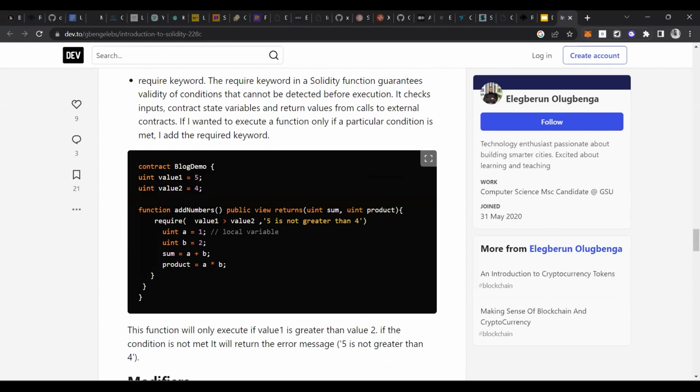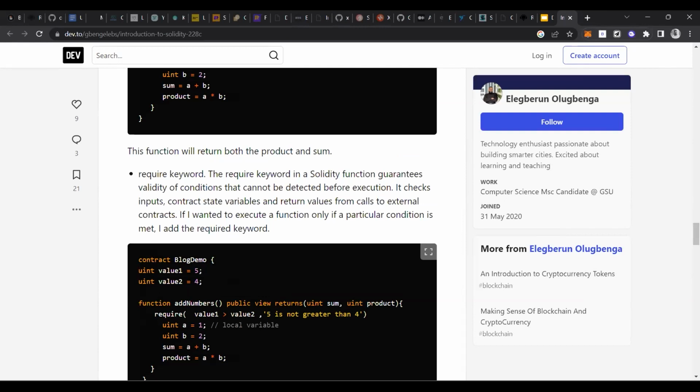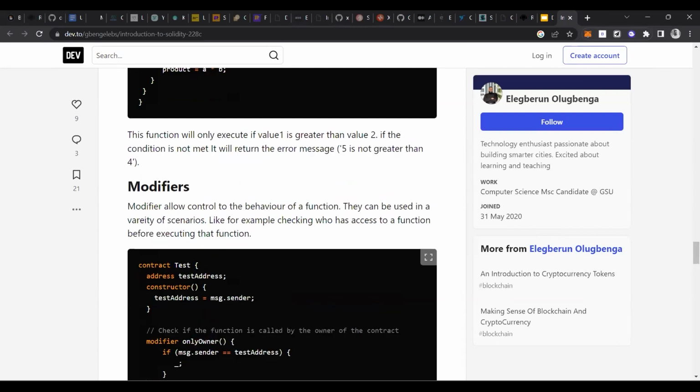Then what happens? When the add numbers function is called in the smart contract, at that time the onlyOwner modifier checks the condition: is the message.sender the owner? So it checks which account is calling this add number function, and whether that message.sender is equal to the right test address.